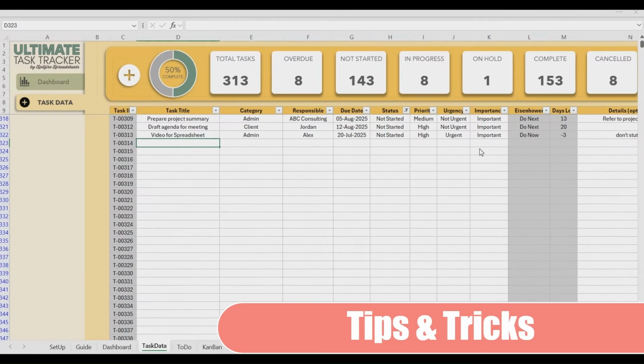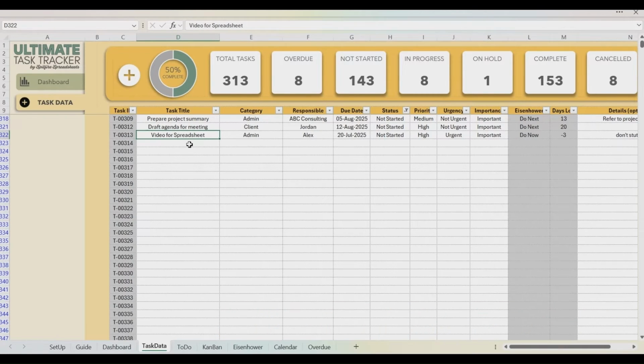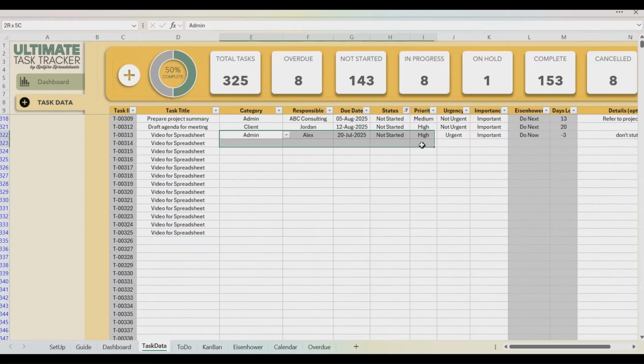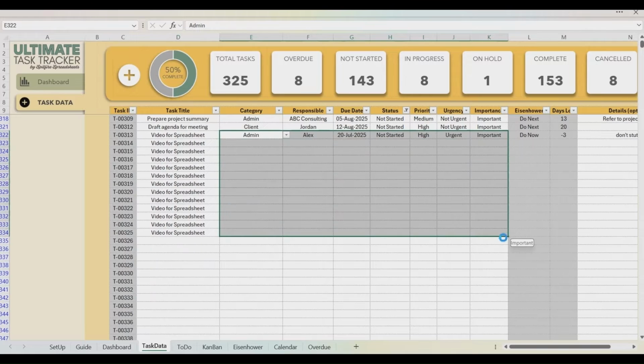Okay, so I've just added a new task, but I want to show you a few tricks on how to add tasks more efficiently. So what I find that I'm doing a lot in my personal spreadsheet for task management is that I make swaths of tasks at a time. So I might be doing a task like video for spreadsheet, and I want to do one every single week. So you can take that task and you can drag it out. Dragging in here is not a problem. And you can take all of the information that you put associated with that and apply it to everything in one fell swoop. As you can see, all of the due dates are the same,